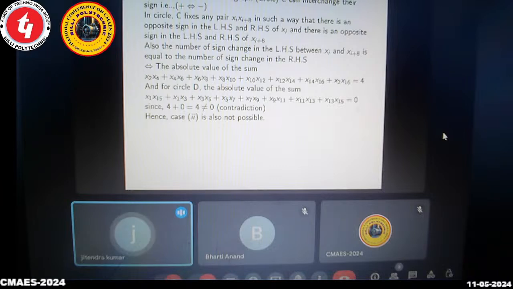In circle C, fix any pair x_i, x_{i+8} in such a way that there is an opposite sign in the LHS and RHS of x_i, and there is an opposite sign in the LHS and RHS of x_{i+8}. Also, the number of sign changes in the LHS between x_i and x_{i+8} is equal to the number of sign changes in the RHS. This implies the absolute value of the sum of this previous circle will be 4, and the absolute value of the sum of circle D will be 0. Since 4 plus 0 equals 4, not equal to 0, which contradicts our supposition, hence case 2